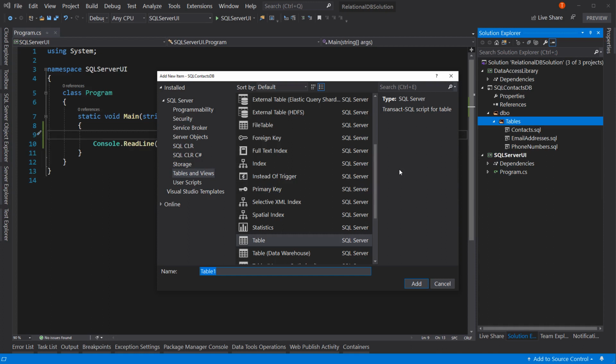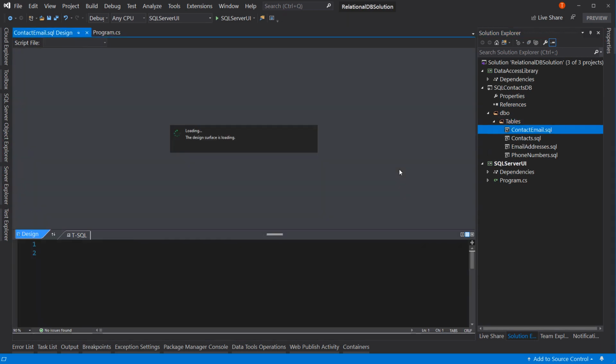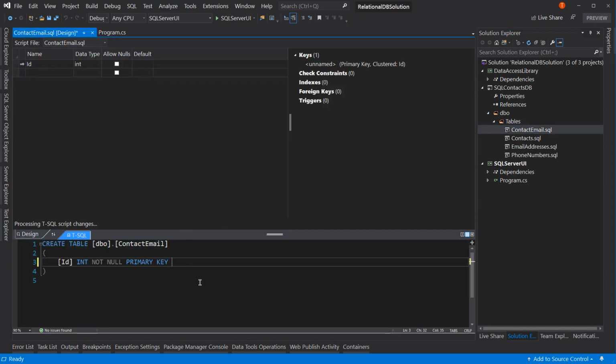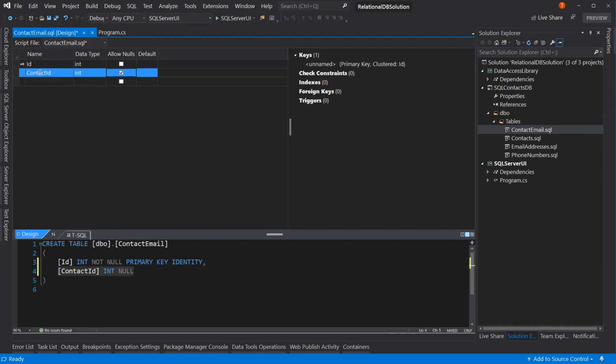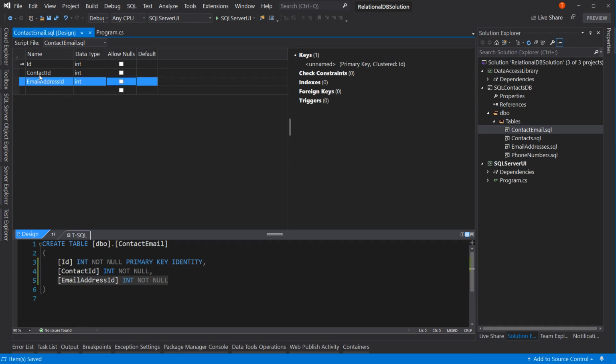All right. So we're going to have contact email table. Make it identity. We'll come up here and we're going to say contact ID int, not null, and then email address ID int. And you may ask, well, why do you call it contact ID? My naming convention here, and it's one that's pretty common, is that when it's a primary key, I call it